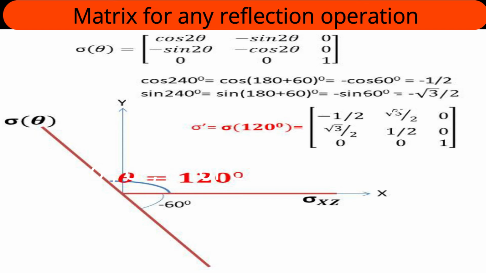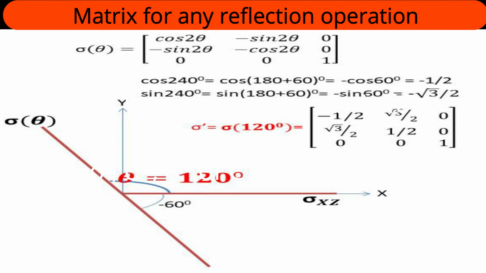What about sin 240 degrees? Similar logic of splitting 180 plus 60. 180 means there is no change in the axis, so the sine function will remain as the sine function followed by the angle, 60 degrees. Now ask the question, that angle is in which quadrant? It is in the third quadrant, and in the third quadrant is the sine function positive or negative? It is negative. So the answer is minus sine 60 degrees. What is sine 60 degrees? Root 3 by 2. So the answer for sine 240 degrees is minus root 3 by 2.